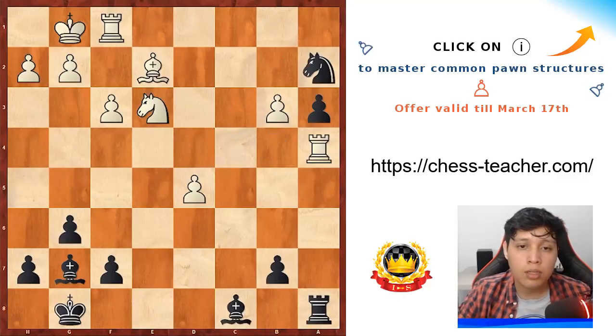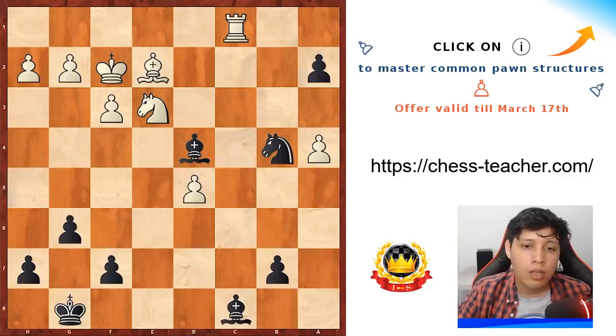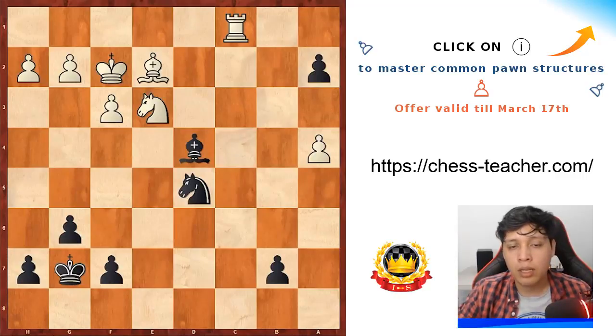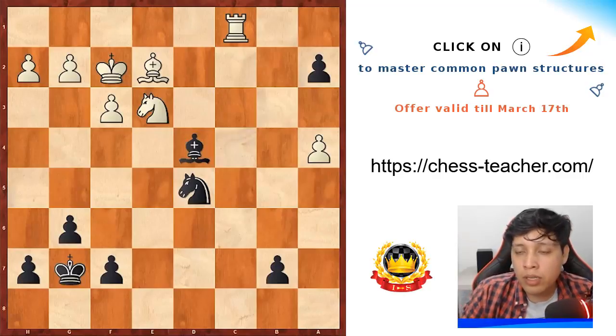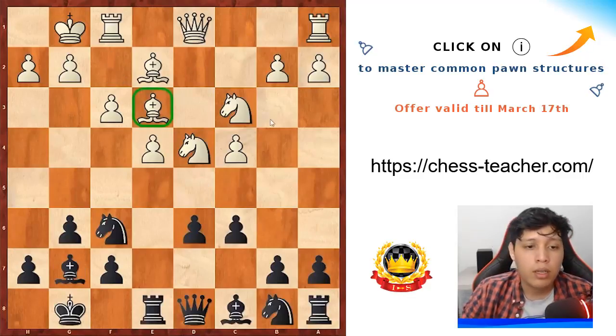So now after knight takes, rook f4 is possible, but unfortunately the bishop on d4 is just too strong. And after knight b4, simple move, a2, rook takes, king g7, rook c1, and now after knight d5, the knight on e3 will fall, and there's nothing white can do to stop the a2 pawn from queening. So the game was won very easily, but still the important thing to remember here is to always